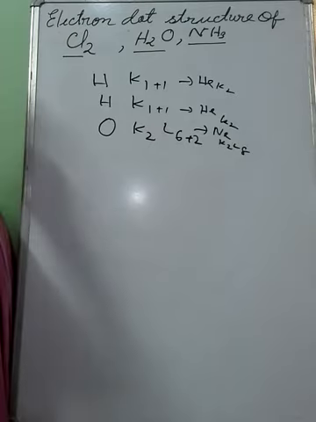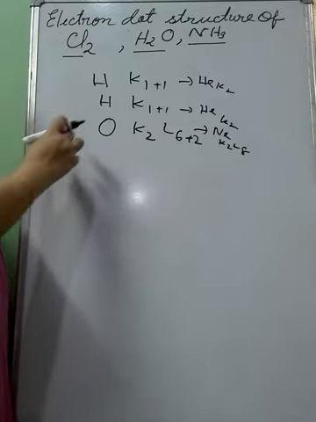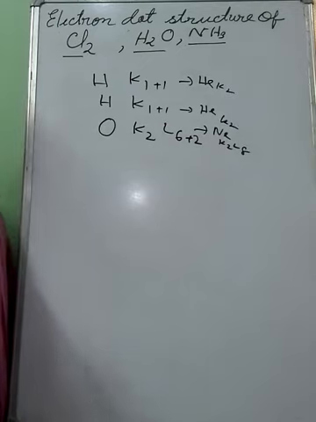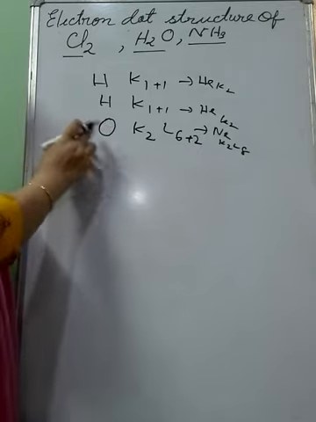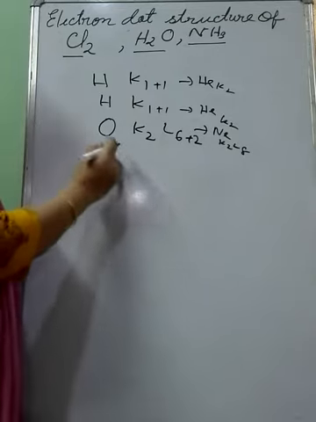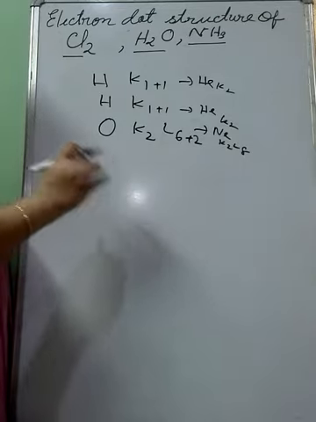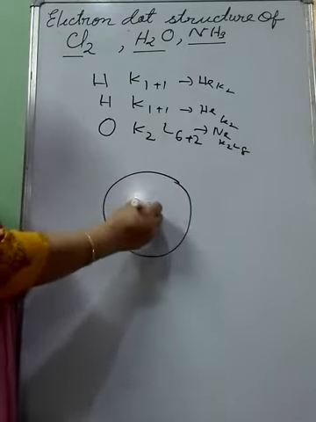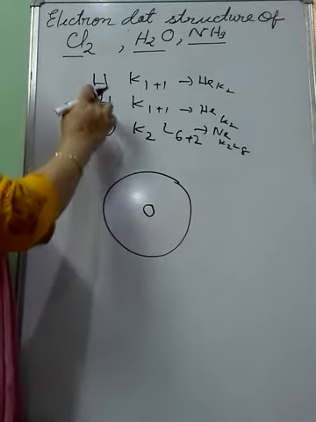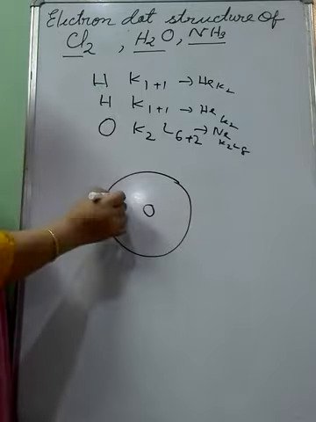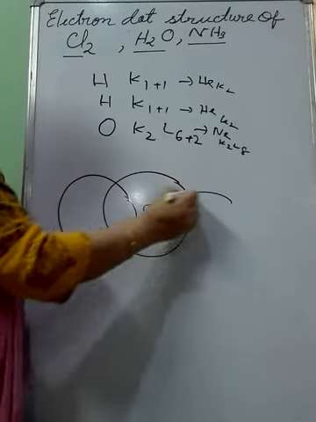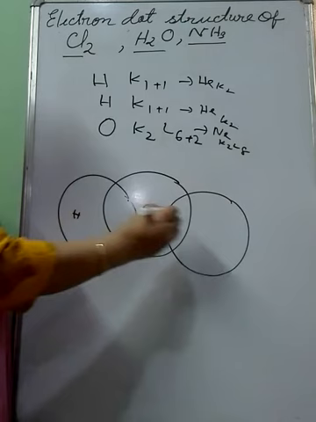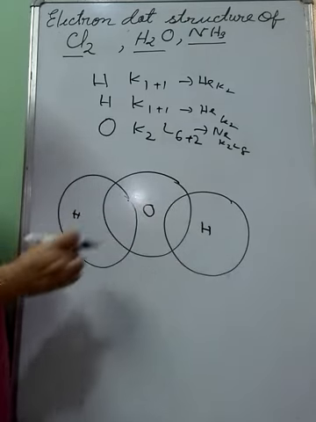Now I want to say that for this type of molecule you see which element is more electronegative. Electronegative means the non-metal element which has more tendency for the formation of a negative ion. So among hydrogen and oxygen, oxygen is more electronegative. So we give the more electronegative element in the middle. I am drawing a circle here for oxygen. This circle is for oxygen. Now the circles for the two hydrogens I am giving on the two sides, one here and one here. So this is one hydrogen, this is one hydrogen. So the electronegative element is given in the middle.